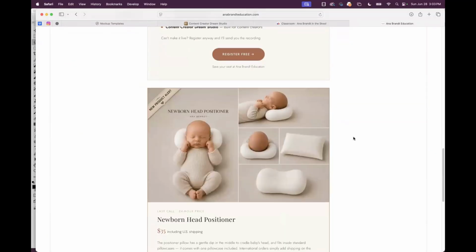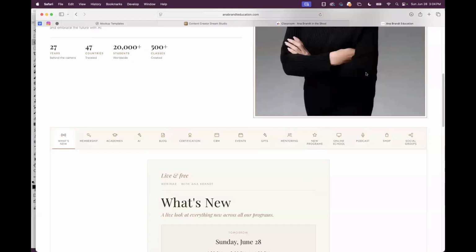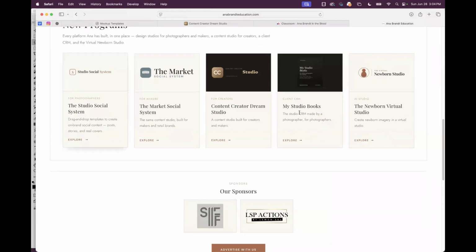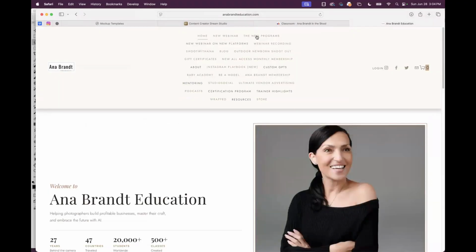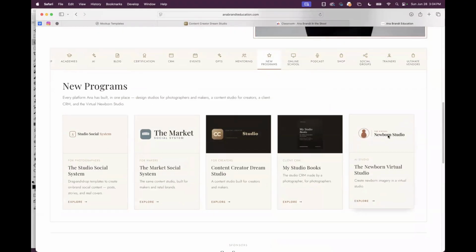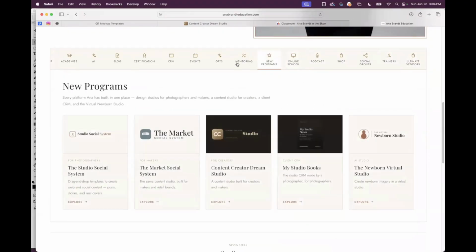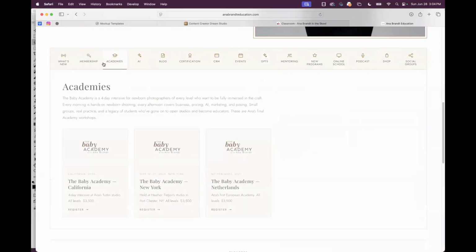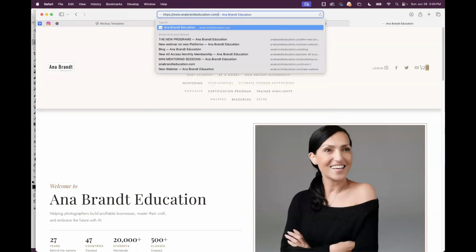But the virtual studio. Let me show you that because that's what I'm going to end with. If you get lost, by the way, I did put new programs here as well. They're all right here. I tried to make it as simple as humanly possible. It's so much better there. Doesn't it look good? There's the trainers. I just hated this website and I was like, I've got to make it better. So much better. Okay, so let's look at Virtual Studio and I'll show you.